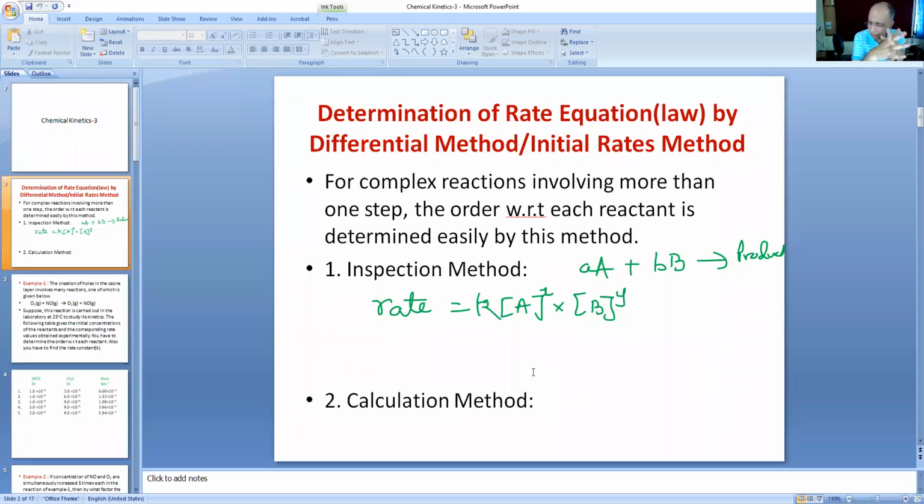For all reactions, it is very easy to find out the order by using the differential method or initial rate method. That can be done either by the inspection method or the calculation method. I like the inspection method. For example, I can use